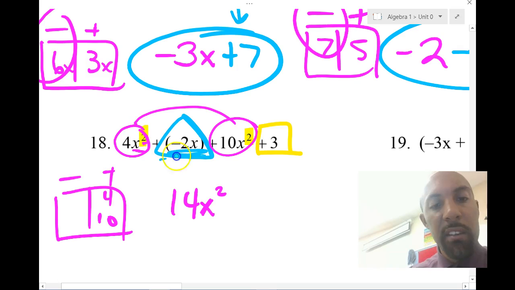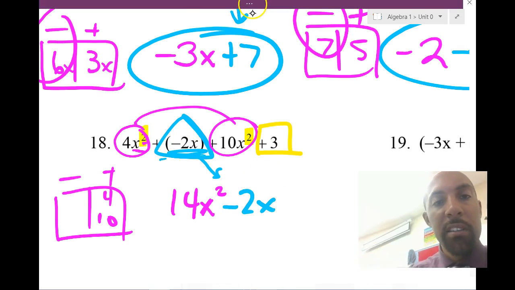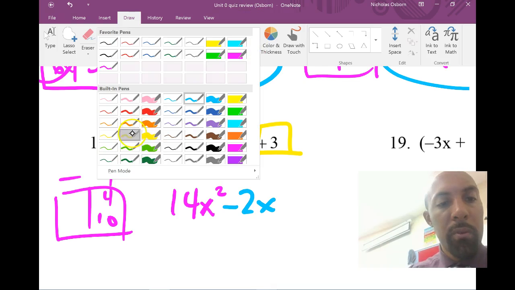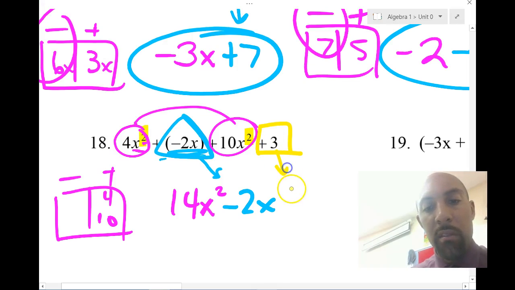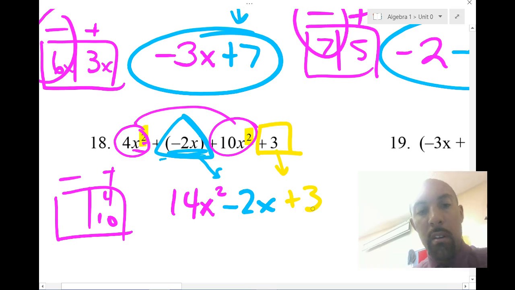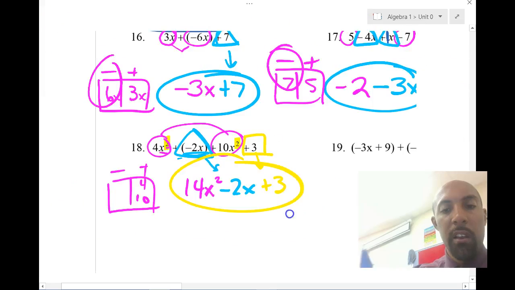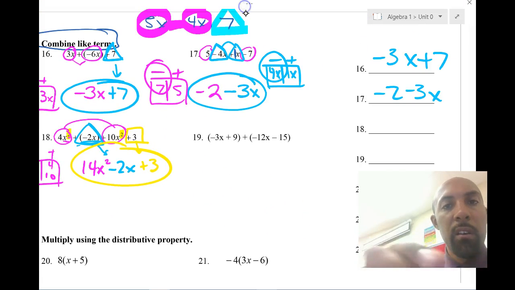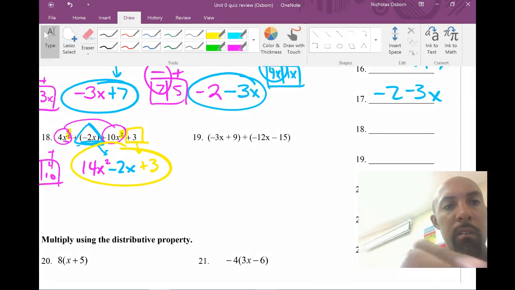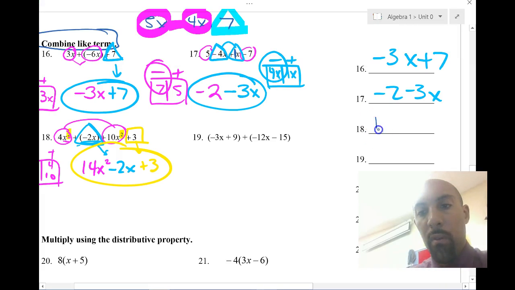I have the negative 2x, and it's by itself, so just bring it down. And remember, it's minus 2x, so we put the minus. And then the last one will be the 3, which is also by itself, so I just bring it down. Plus 3. Okay, and there's my answer. And I'll make sure I write that completely over here on the right. So 14x squared minus 2x plus